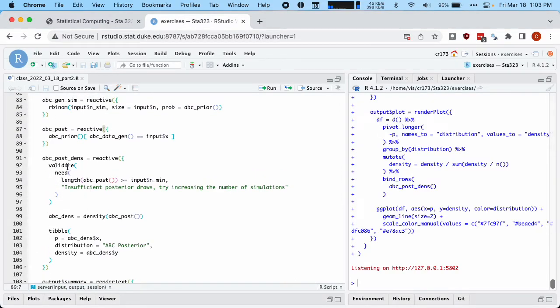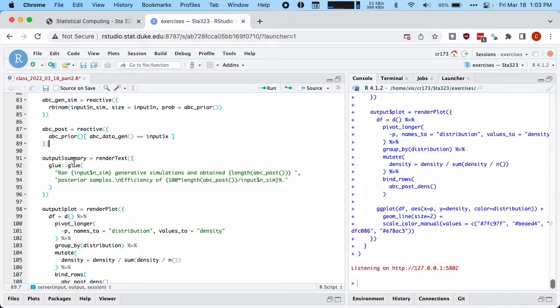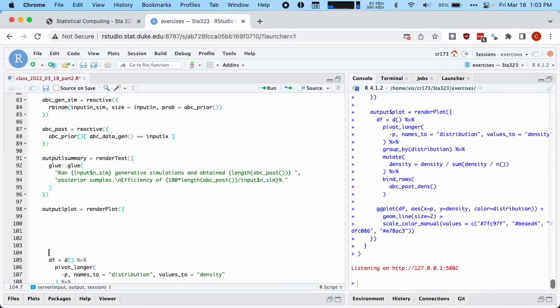For this ABC density, what I'm going to do here is basically just simplify this by merging it all into the plotting function. We're just going to do each of the density calculations there as opposed to somewhere else. So I will just take that code, pull it out, and go with that. Okay, so for the plotting bit,